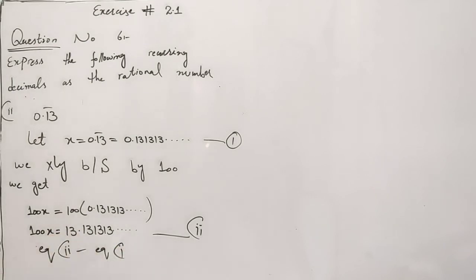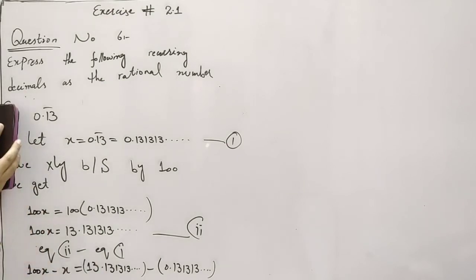We get 100x minus x equal to 13.131313 and so on, minus 0.131313 and so on. So 99x is equal to